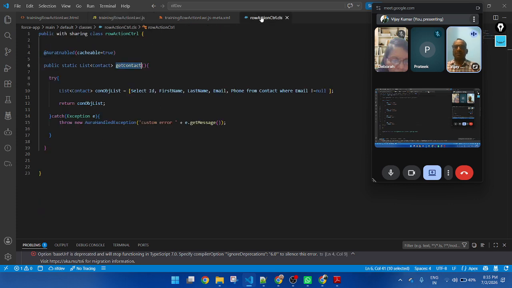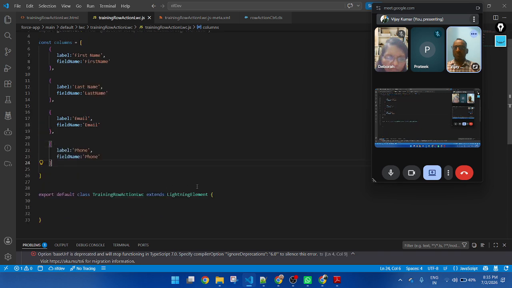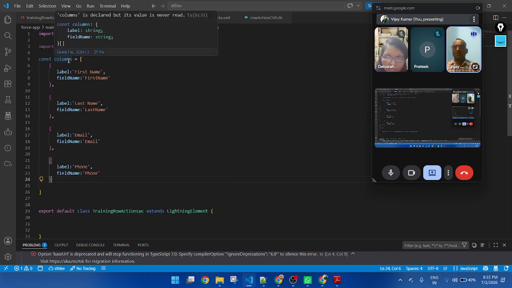So in the Apex controller, here I am passing first name, last name, email, phone, and these columns I am declaring here. So this is a label and this is the field name: first name, last name, email, and phone. So this is the variable columns.